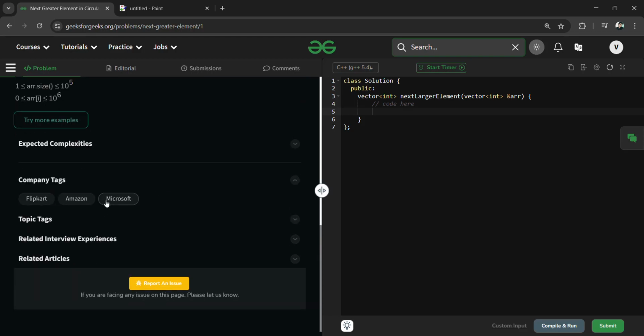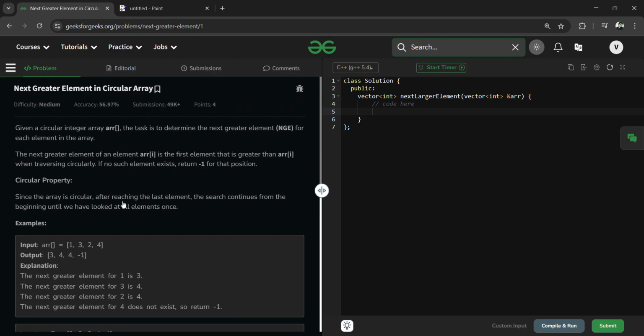Okay, so first of all we are going to read this problem. Given a circular integer array, the task is to determine the next greater element, that means NGE. NGE basically stands for next greater element, which we have to return for each element in